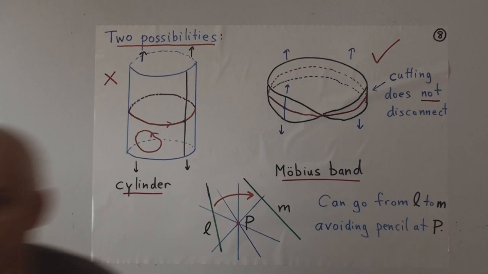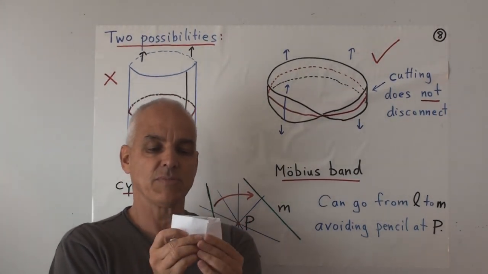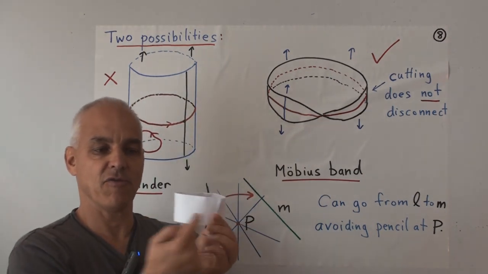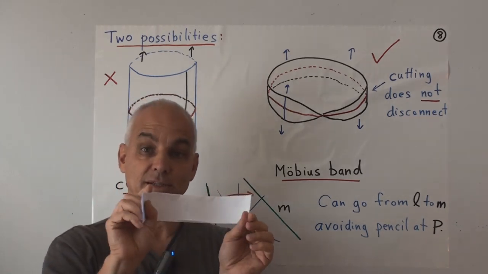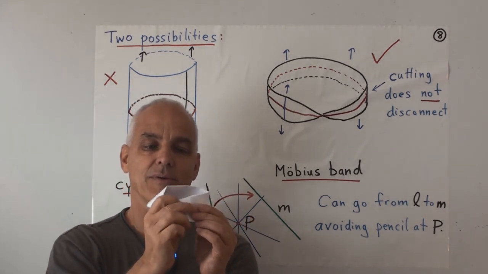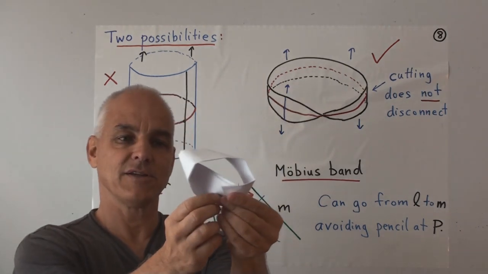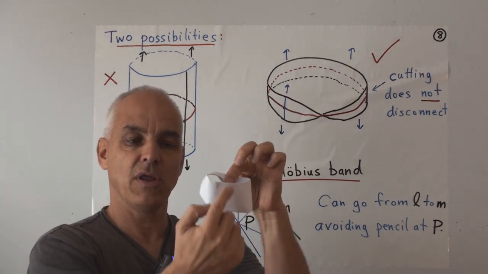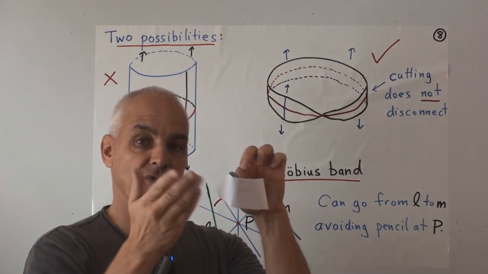To give a model with a piece of paper, here is a little strip. The cylinder is obtained just by gluing things together in the usual way. That's a cylinder, sort of a base circle and lines fibering. With the Mobius band we take the cylinder also, but before we glue it together we make a little twist like this. Okay? So now it looks a little bit different. It's a twisted object, but you should still think of it as having a central circle and lots of lines associated to each point on that central circle, but there's a twist in it.